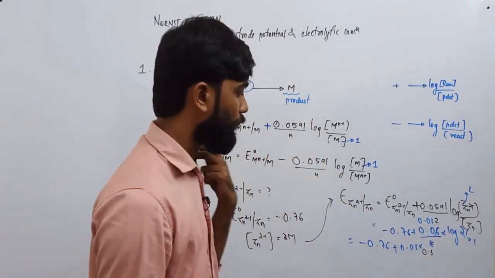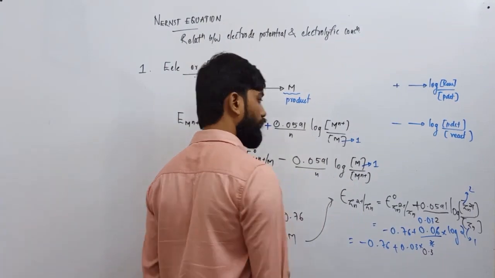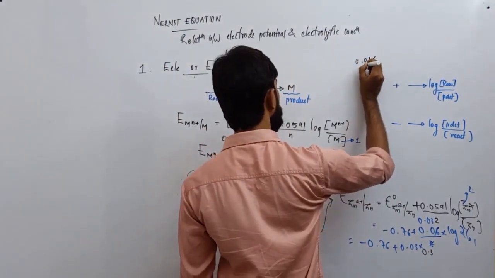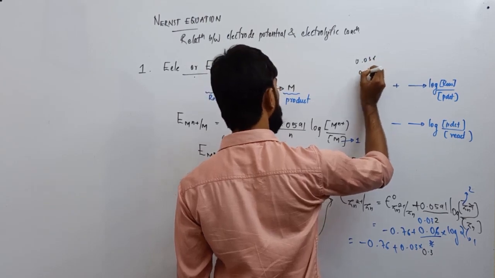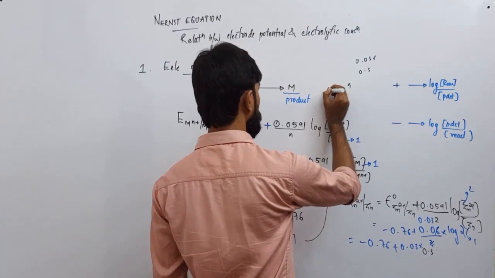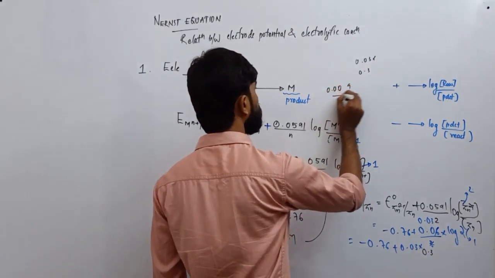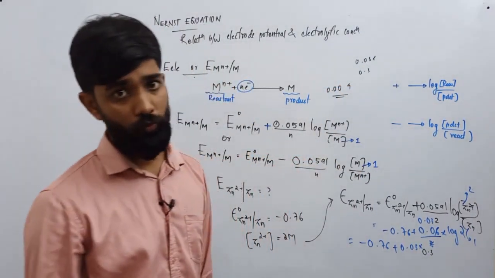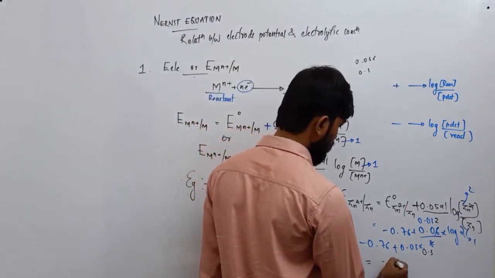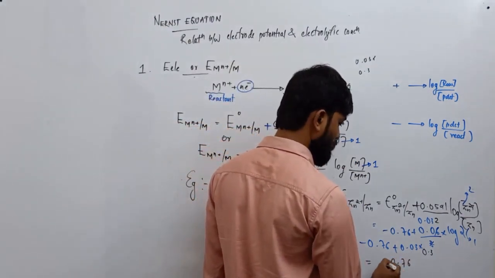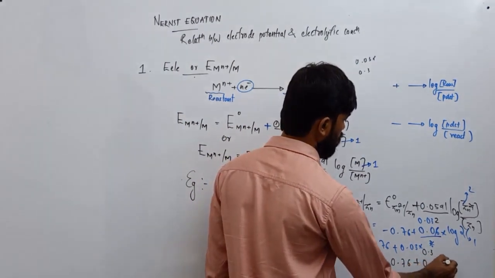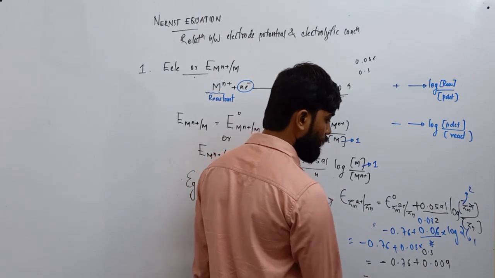Log 2, the value is 0.3. So 3 into 0.3, that will be 0.09. Then 0.03 into 0.3 is 0.009, right? So the answer will be minus 0.76 plus 0.009. So the final answer will be